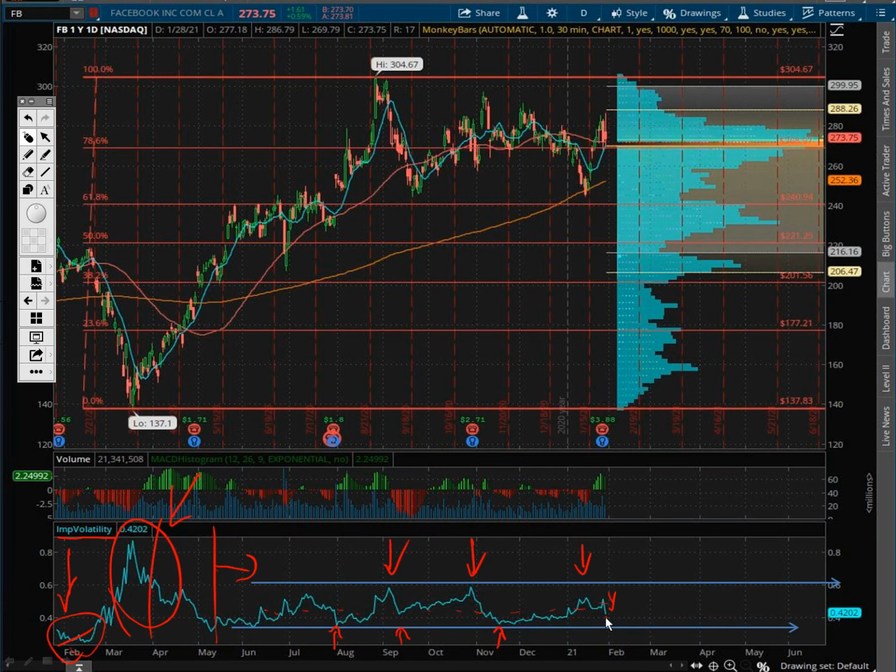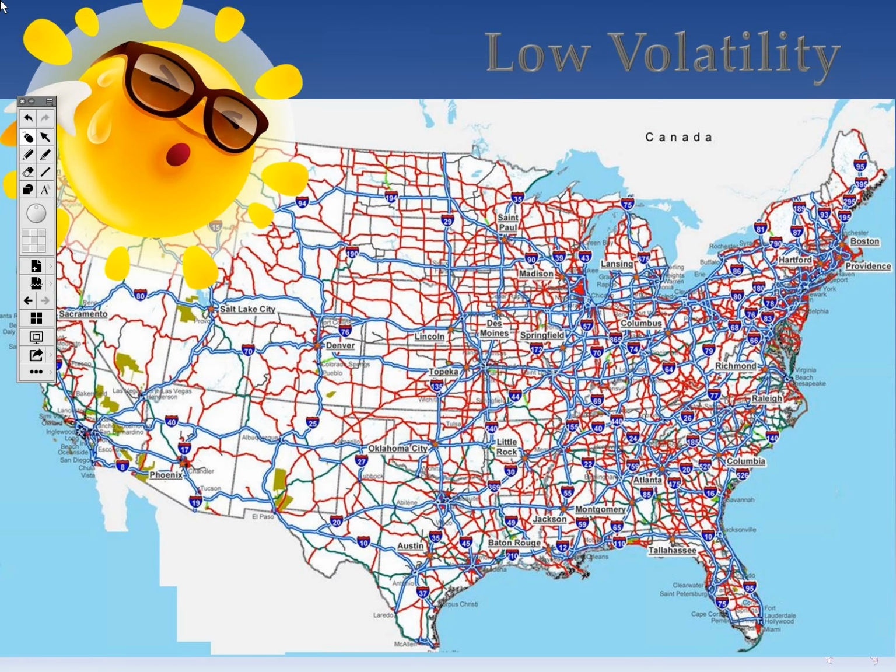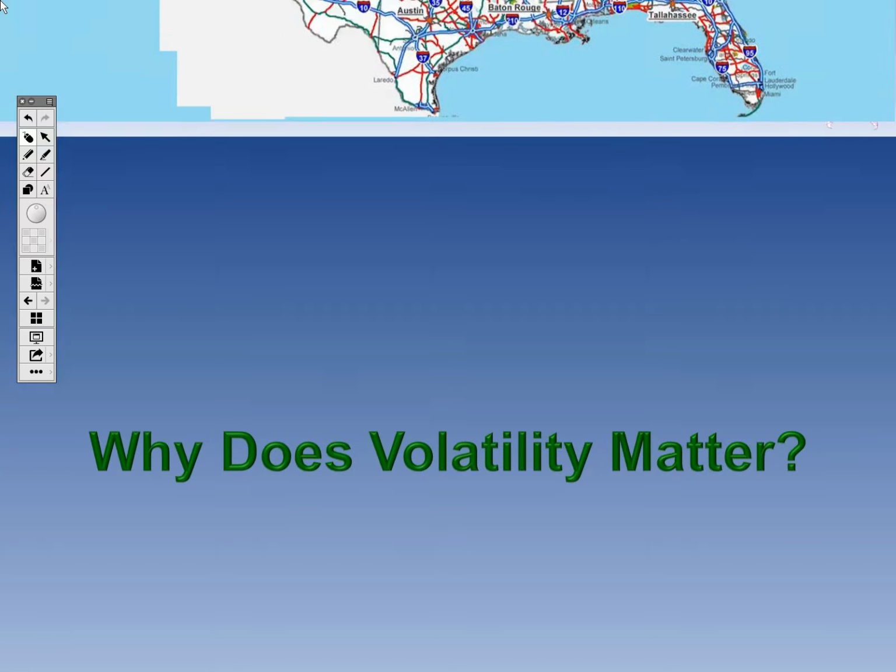So the idea is basically below the median, you're seeing cheaper premiums, and above the median, those are basically elevated premiums, okay? Obviously the extreme lows and the extreme highs are pretty easy to figure out. But what I want to take from this is I can see that this 0.42 here is below that middle of the road. So I'm leaning towards they are pretty cheap premiums in Facebook at this point. All right, so I'm going to say that they're relatively low.